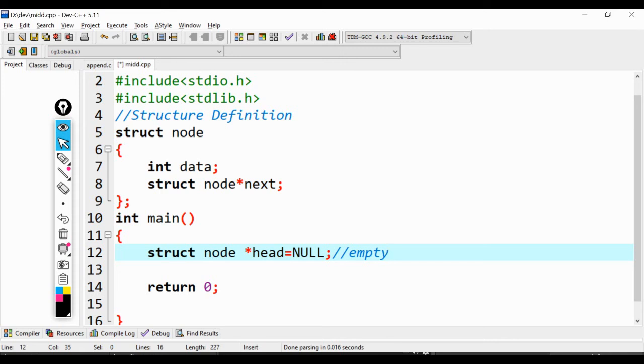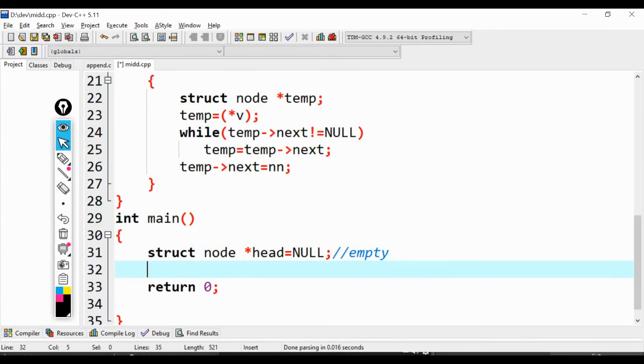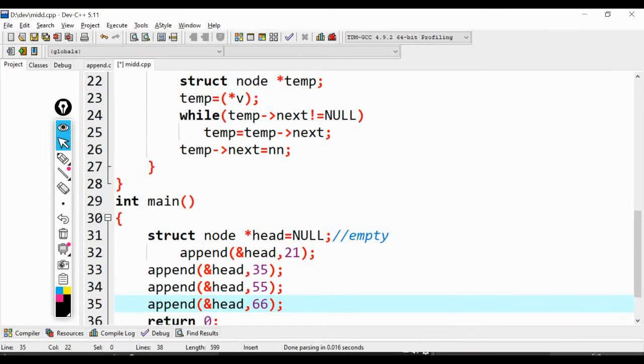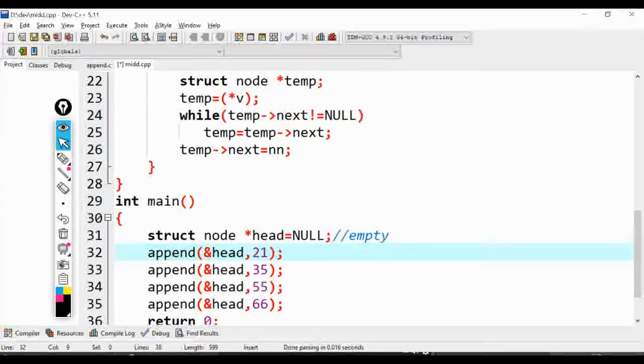To find the midpoint, you should at least have some nodes in the linked list, isn't it? So I am going to write the append function. If you wish to know about the append function, please do visit my data structures playlist. Within the main function, I'm going to call my append function 4 times with the values 21, 35, 55 and 66, which means there will be 4 nodes present in my linked list.